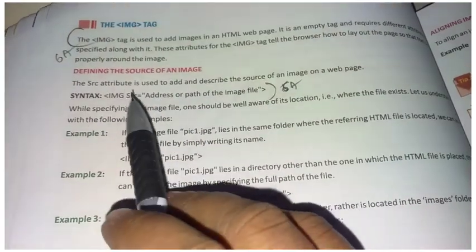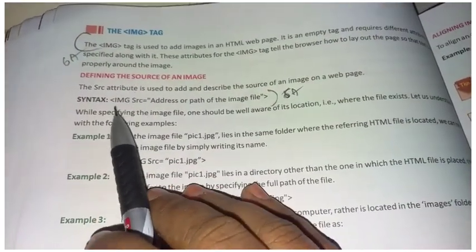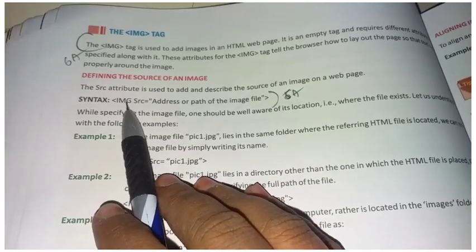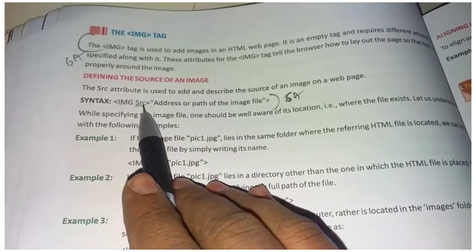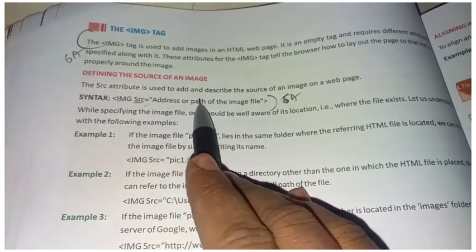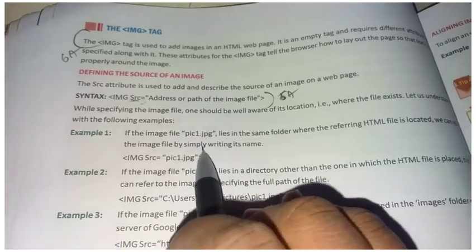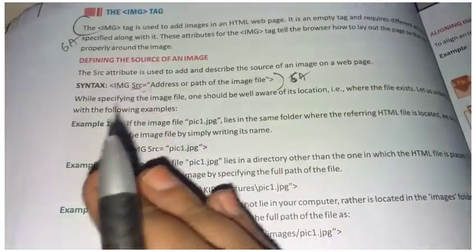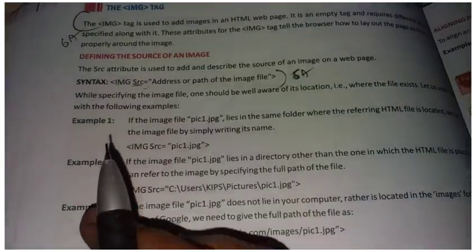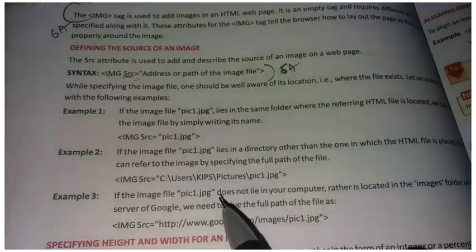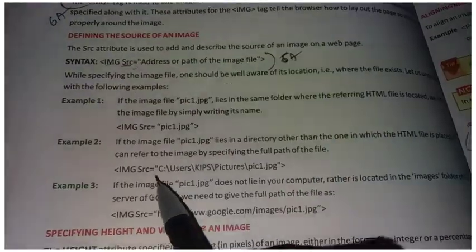See here, children, if we want to specify the image, we have to follow the syntax. Image src, src is nothing but source, equals to, and in double quotes we have to specify the path. For example, in your system the image is located on your desktop with some name. How do you write it?